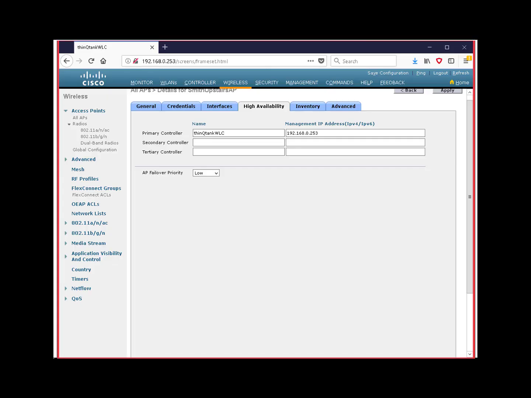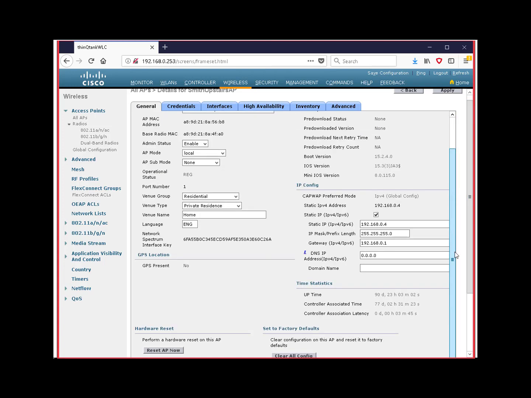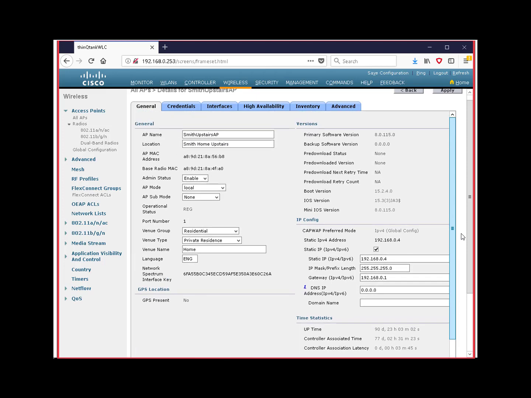I think that one I can show you because, let's see, General tab, AP Details. Where the heck did they put that? Let's see. Am I missing it? Oh, there we go. It's right in front of my face. There's the key that I would use, the network spectrum interface key. So I could actually place this. I could download Cisco Spectrum Expert, connect to the network, put this key in, and I can start to see